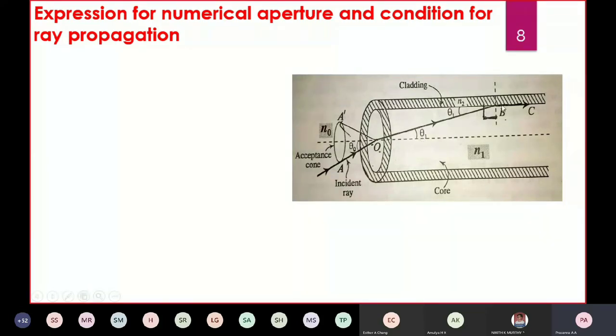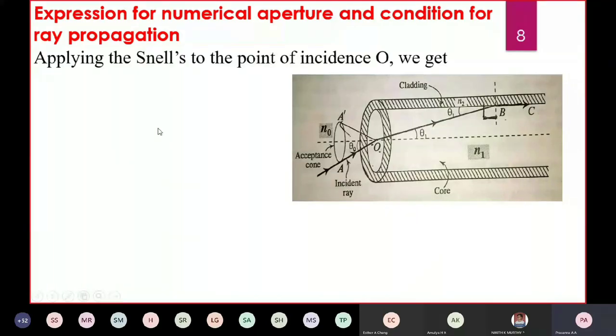Since these two lines are parallel to each other, the angle theta 1 can be considered to be available even here. And for clad, the refractive index is taken to be N2, and for the core it is taken as N1. You remember that N1 is always greater than N2 for an optical fiber used in applications, and the surrounding medium may be water or air or anything else. Here the refractive index is taken to be N0 for the surrounding medium. Okay, now it's clear about the diagram.